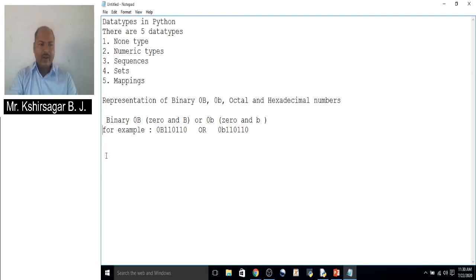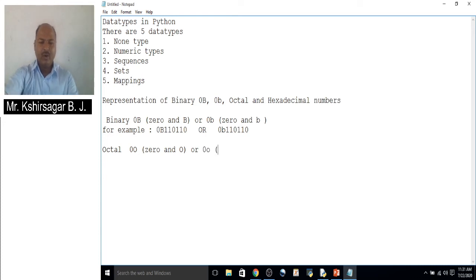If you want to write an octal number, you can represent that octal number by 0 and capital O, that is 0 and capital O. Or another way is there, 0 and small o.